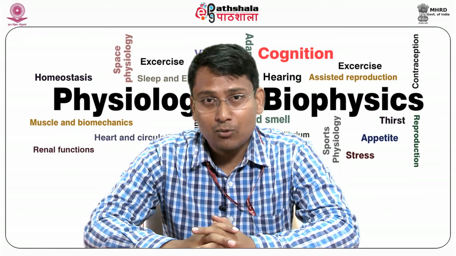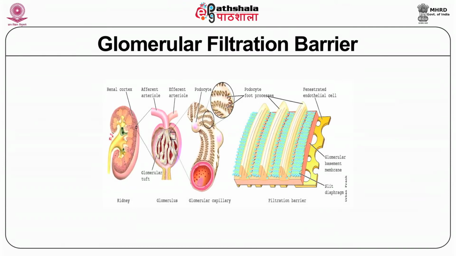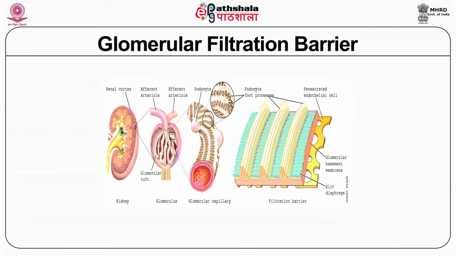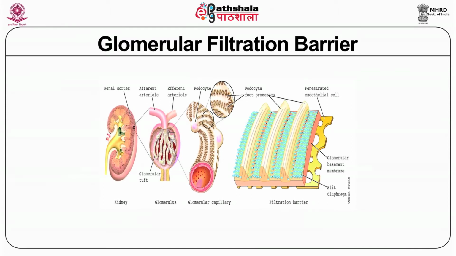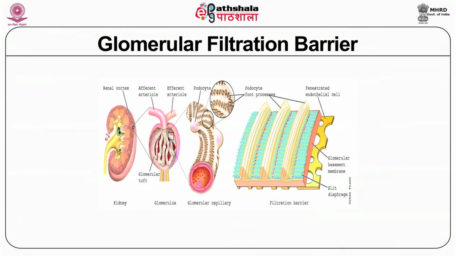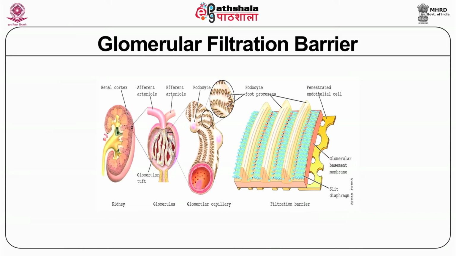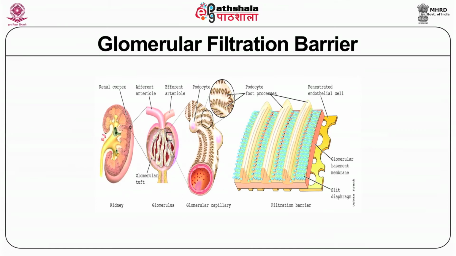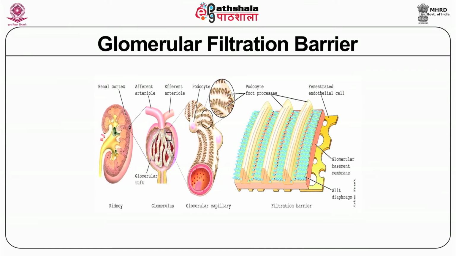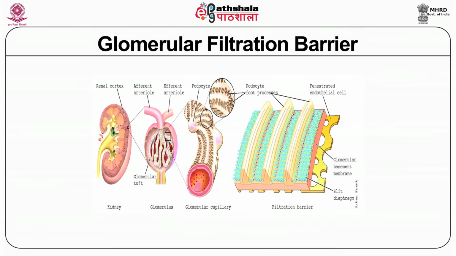In this slide, we will focus on the filtration barrier shown in the figure, going gradually from the gross structure to the glomerular tuft, then magnifying the layers. The physical barrier consists of endothelium, basement membrane and podocytes as the three layers through which we go from the capillary end to the Bowman's capsule. The percentage of resistance offered to filtration by each of these layers is as follows: the endothelium offers just 2%, the basement membrane offers 48% resistance, and the podocytes offer 50% resistance.